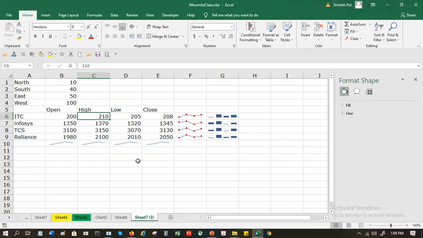How do I retrieve that sheet? Suppose you'd like to see Sheet7, I just click on Sheet7. I have it still here. So I have the list here. If I want, I can just increase this.